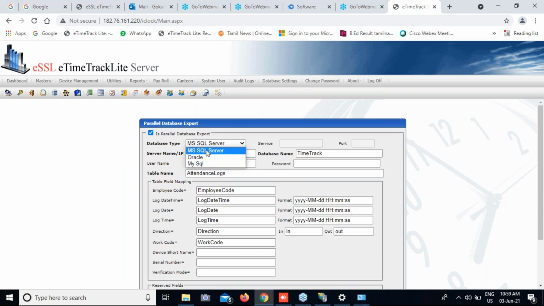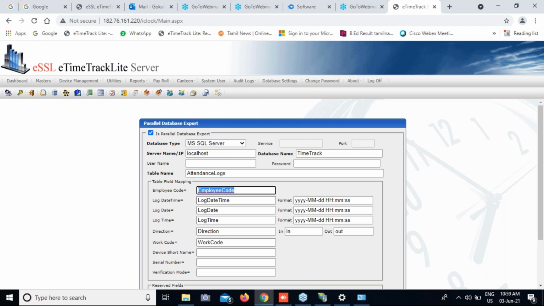So SQL Server: server name, database name, username, password, the tables where you want to insert the data, the table name, as well as field names. These are all the field values they should have created in their database. Whatever field values they have created, that field name we can also give here. So employee code is equal to employee code.